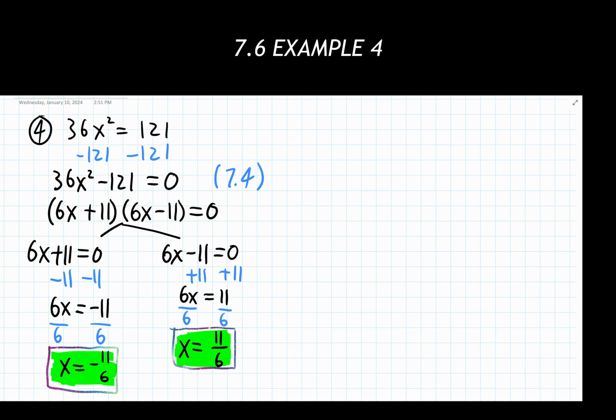So when you can, work with fractions as your final answers. They're perfectly fine, perfectly acceptable, and we actually prefer them quite a bit to decimals for final answers here. But otherwise for this one, we have our two answers of x is equal to negative 11 over 6. Apparently the fraction bar decided to go away there, or just not show up. So our first answer is x is equal to negative 11 over 6. The second answer is x is equal to 11 over 6. And there we go, example 4.